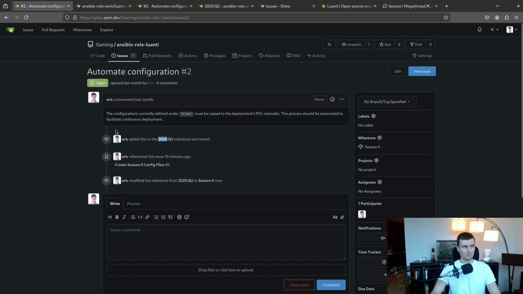And then if I don't happen to do it in that quarter, I can move it to the next milestone or whenever I happen to pick it back up, and I'll get this nice log of all the different times that I've worked on it in all the different quarters. And yeah, I think I like that. This one's Luanti is going to be a bit different since I'm focusing on seasons here instead of quarters. But we'll see. I might end up doing both of those things. For other stuff, I'll probably stick with the quarters.